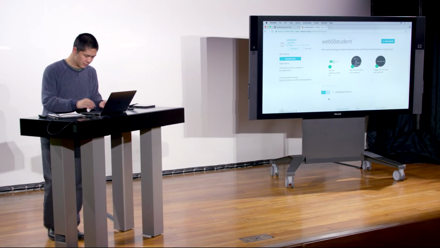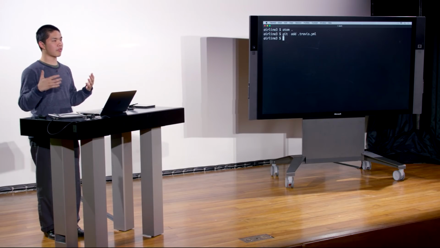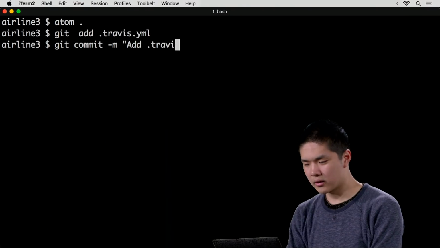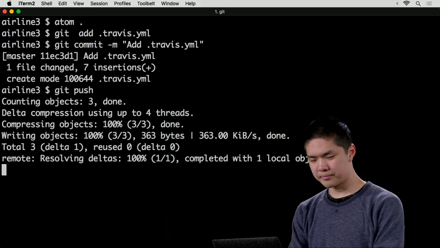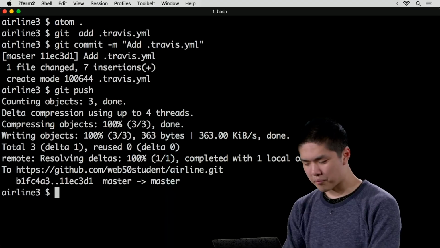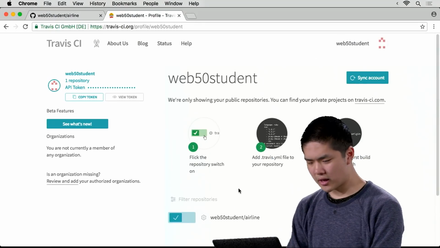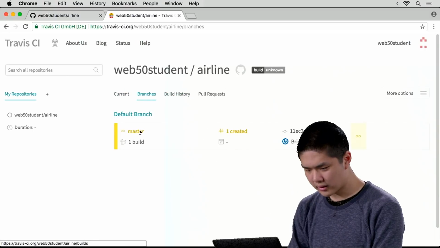And so now, on the command line, I'll go ahead and git add .travis.yml, because I want to now include this file inside of my repository. I'll go ahead and commit and say I've added .travis.yml, and I'll push those changes. So now I've pushed those changes to GitHub. And if I go here and go to this repository page, what we should see is